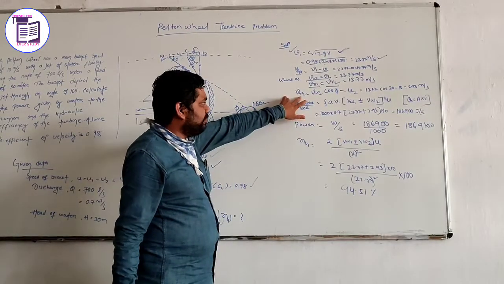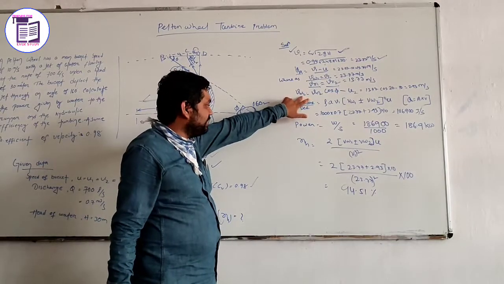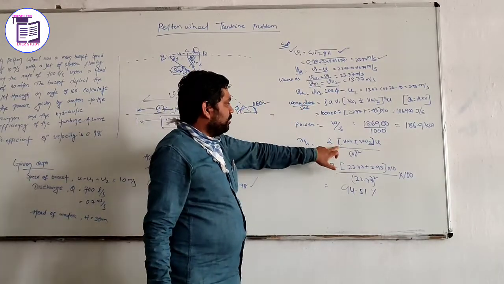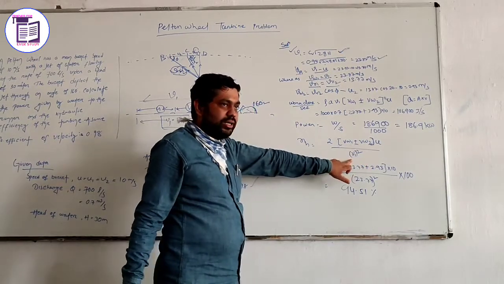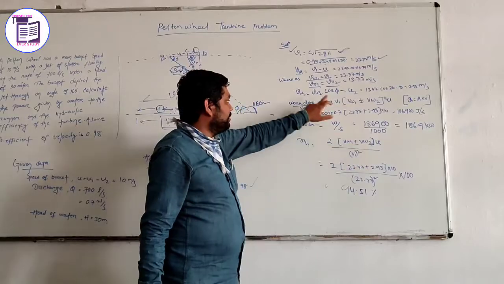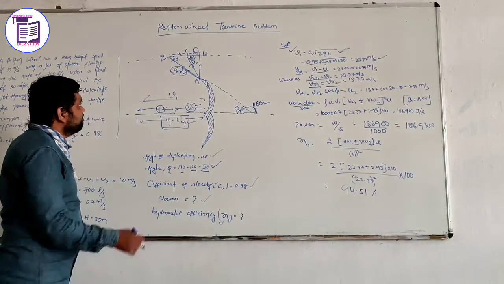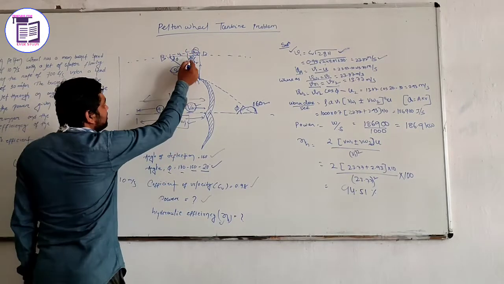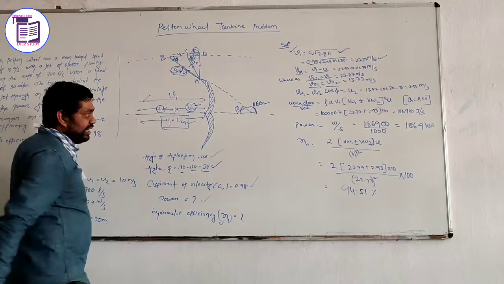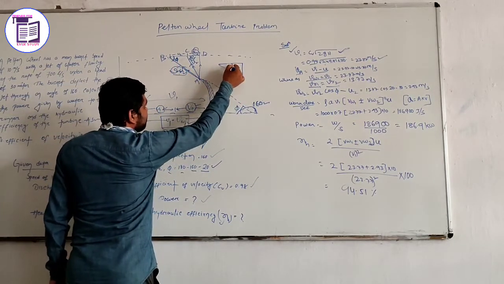Now we can find the VW2 value because you have to find the efficiency. The efficiency formula is what? 2 into VW1 plus or minus VW2 into U by V1 square. Now you find the value of VW2. Look at this triangle for VW2. This is your VW2 and this is the triangle you consider. This is your phi. So this is your triangle, in this way.